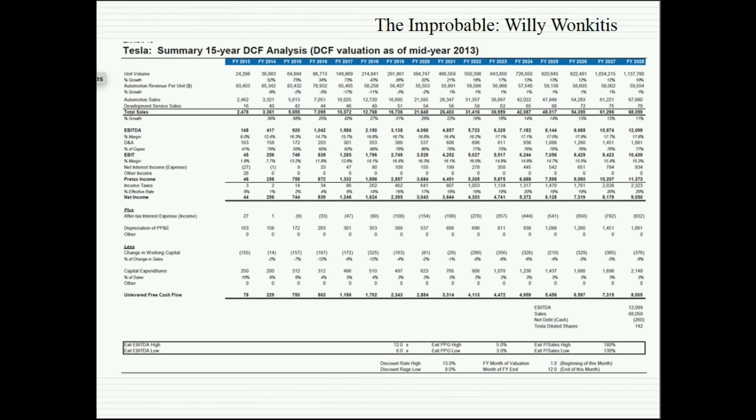I keep working down, and after you get after-tax operating income, remember you subtract out capex and working capital. I look at what he reinvests, and it looks like he's not reinvesting much money for the next 10 years. He has capex, but it's barely above depreciation. Now remember, this is not a social media company, right? It's an automobile company, which means to go from 24,000 cars to 1.1 million cars, what do you need? You need assembly lines. I know they have the Fremont plant, but the Fremont plant's capacity is about 150 to 200,000 cars.